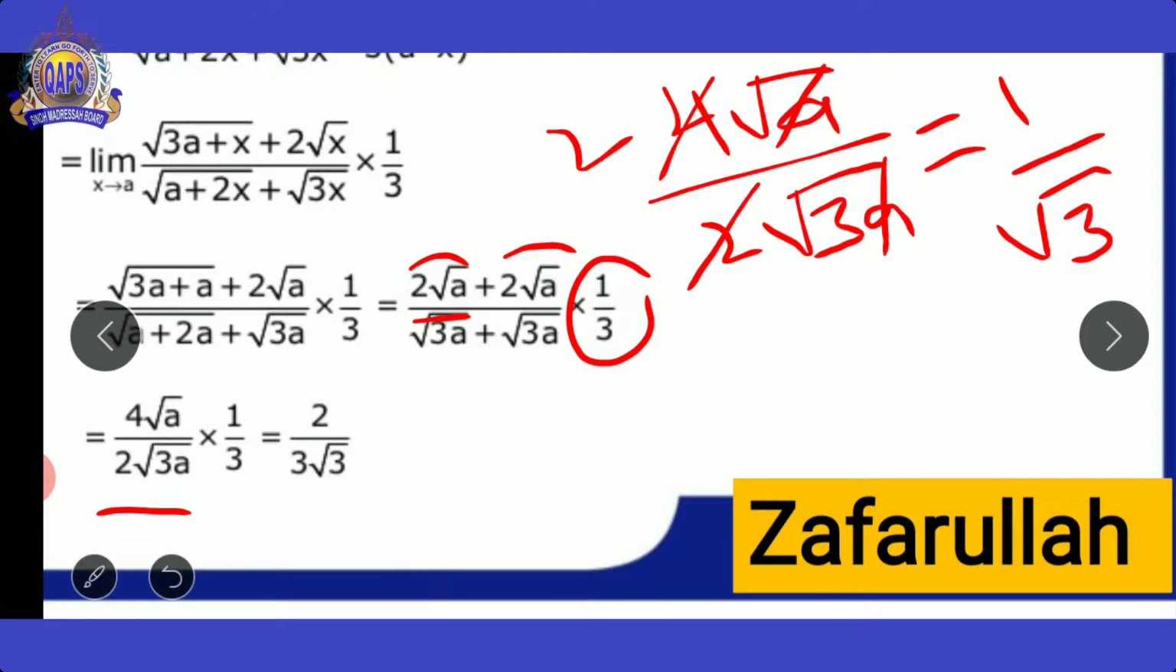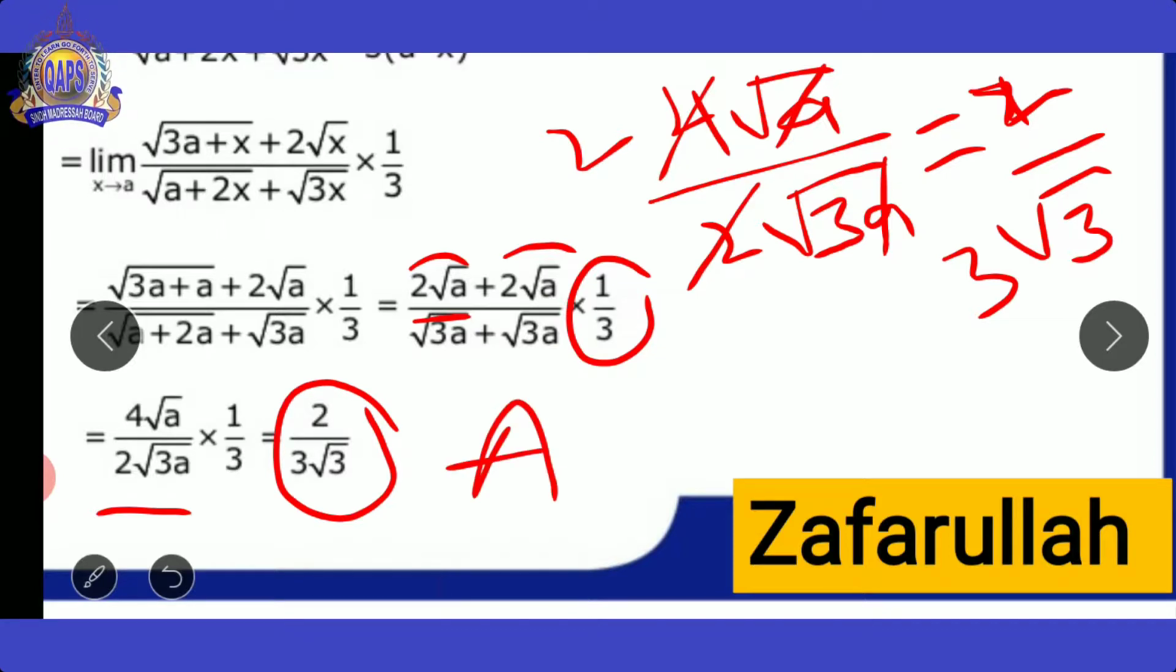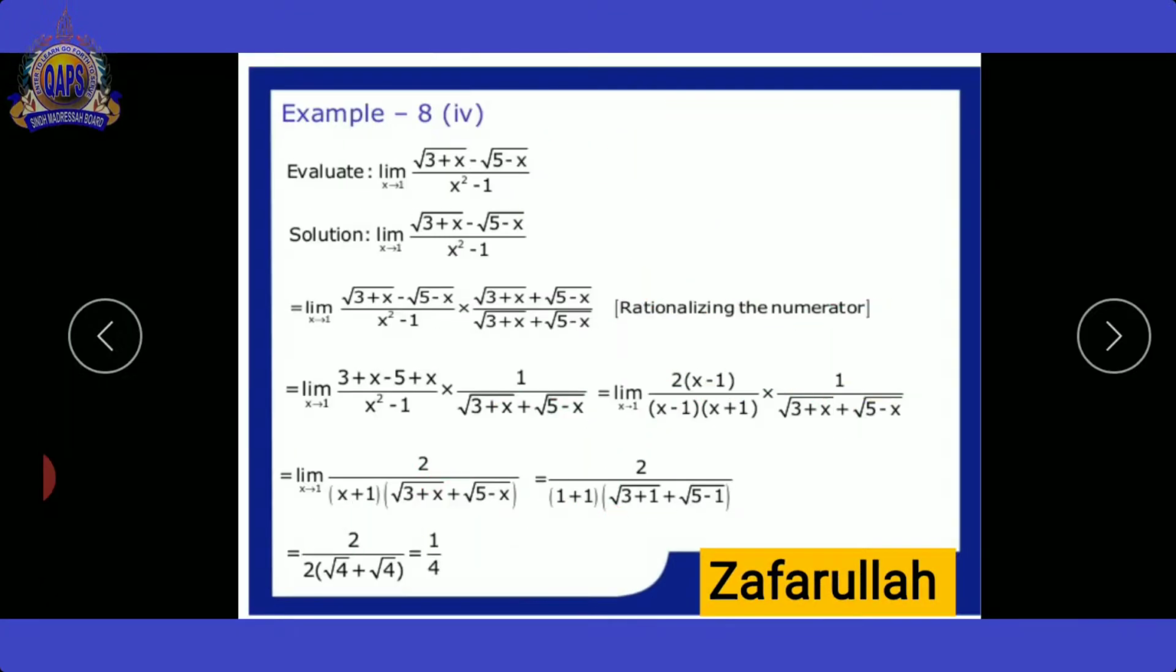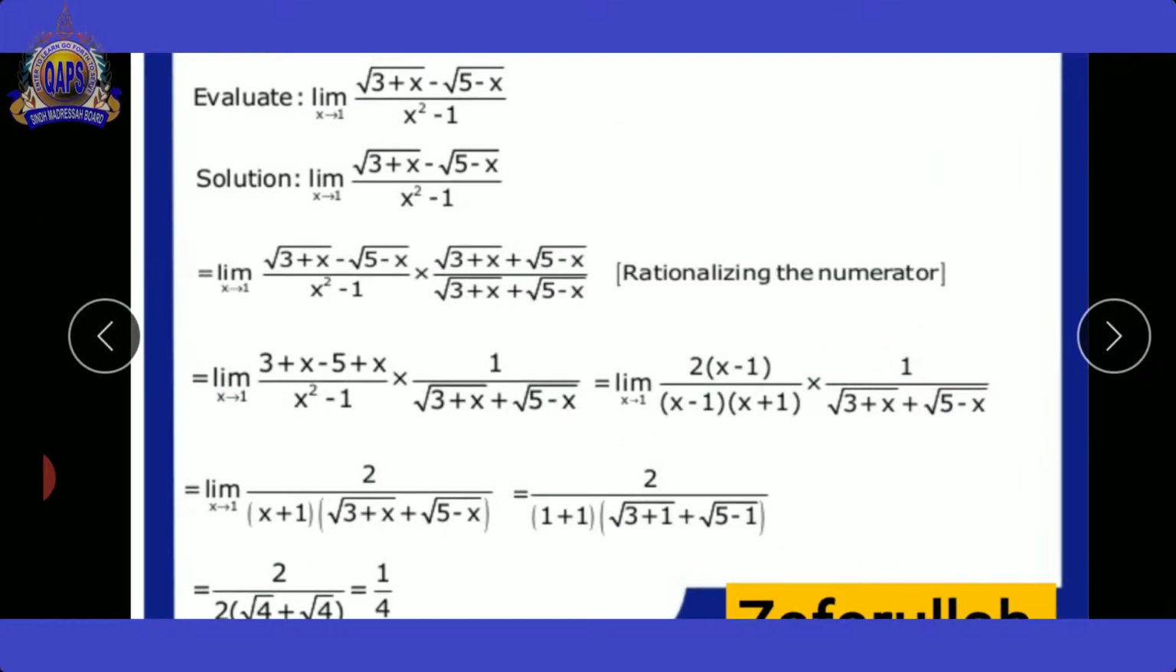So 1 upon 3 in the sense of multiplication, sorry, this is 2. When we are multiplying 1 upon 3, then this 3 is the same. So this whole expression represents our answer. Okay. Now in the second example, part number 5, here